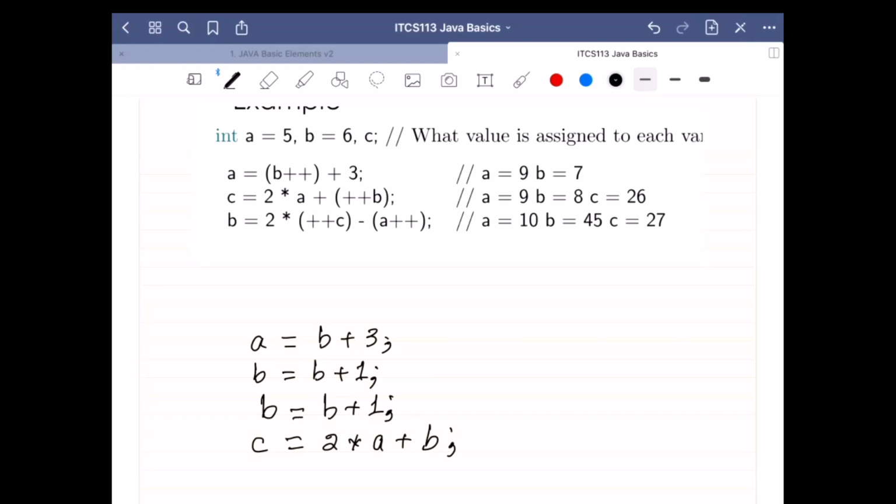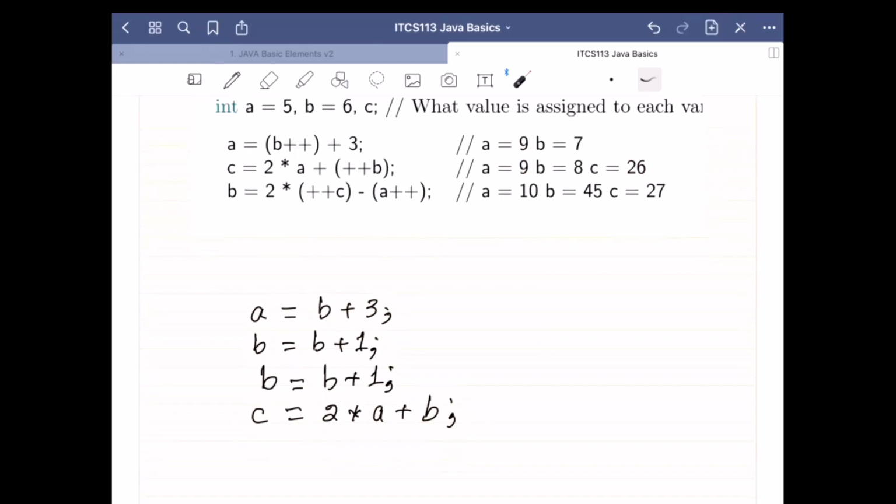So when you evaluate these two statements, it will give you the answer here. So you will see, you are updating b. b in the previous statement was 7. So you will add, it will be equal to 8. And then you use 8 in the equation. So it will be 2 times 9 plus 8, which is equal to 26. For the next statement,